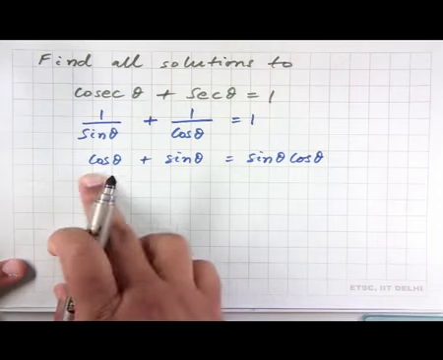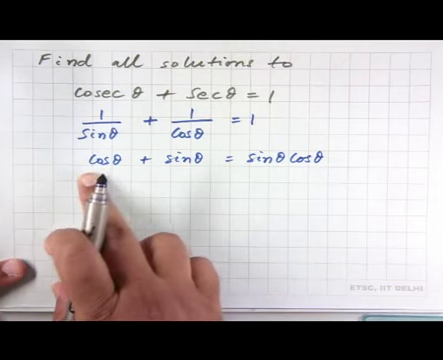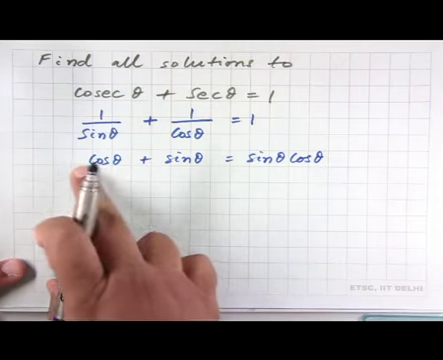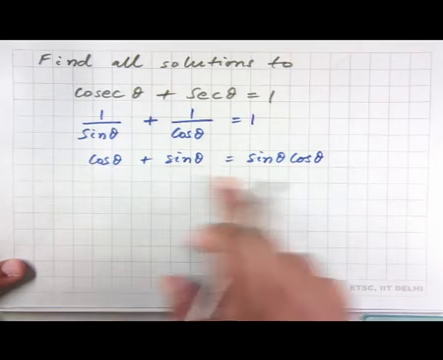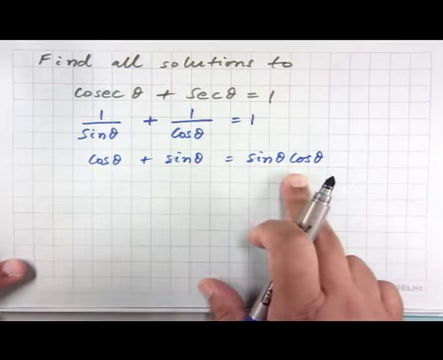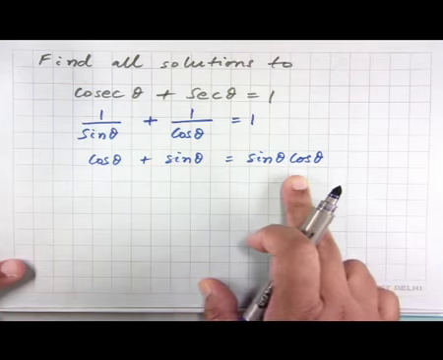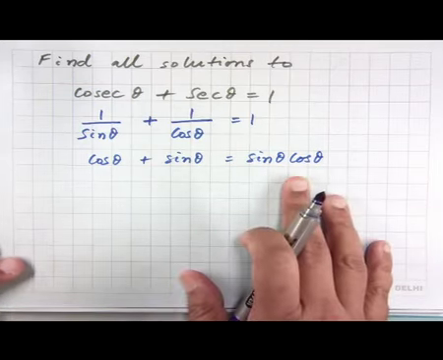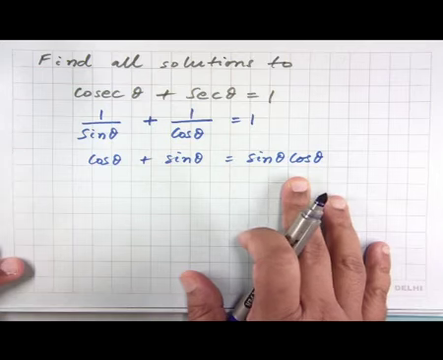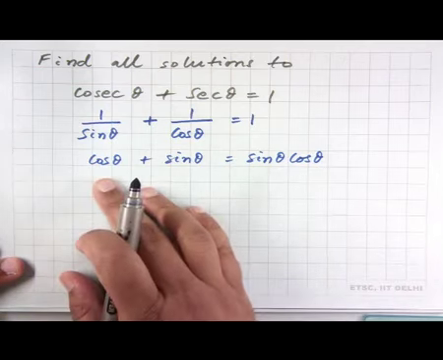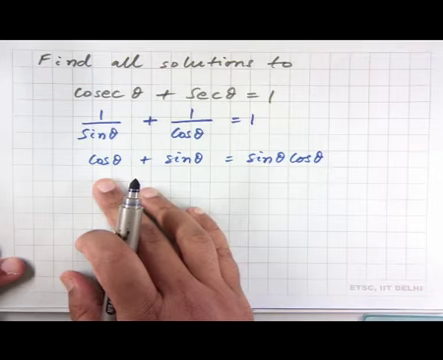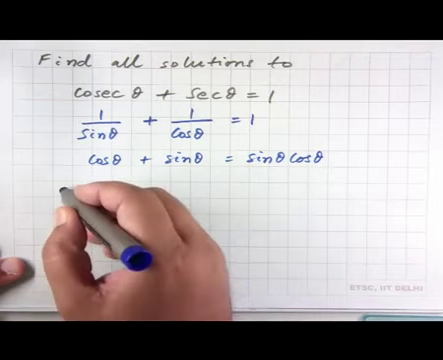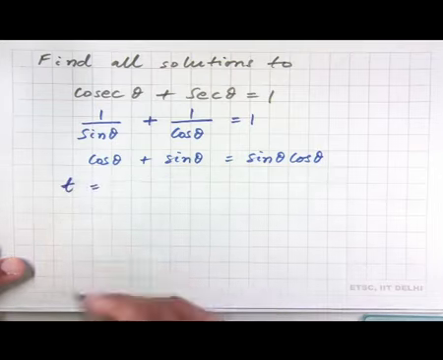But this appears to be of the form a cos theta plus b sin theta, but then here we have a product of sin theta cos theta. There are many possible ways of doing this problem. One possible way is that, using the fact that sin square theta plus cos square theta is 1, we can define t to be